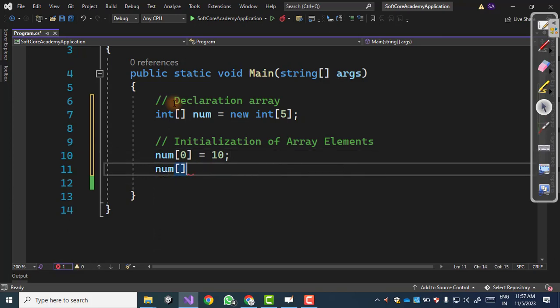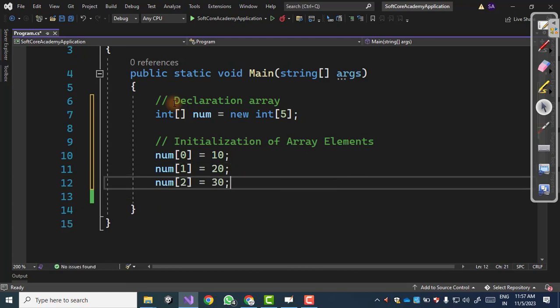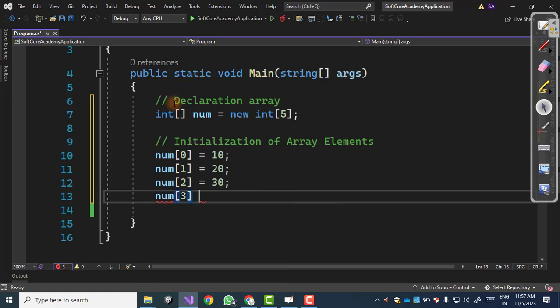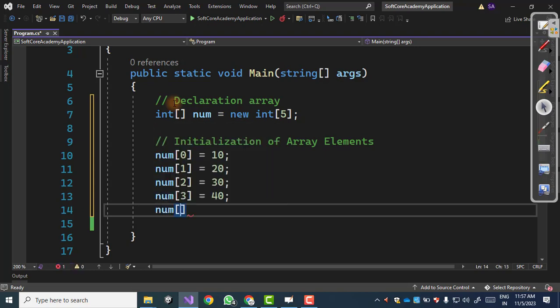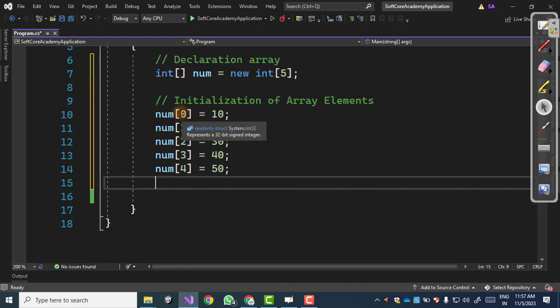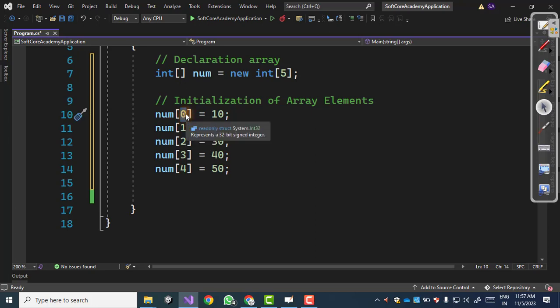Again, num[1] equals 20, then num[2] equals 30, num[3] equals 40, and num[4] equals 50. So this is the initialization step where we are initializing each element of the array starting from index 0 to 4. Since the array we created is of size 5, we start from 0 to 4 and store the 5 numbers.